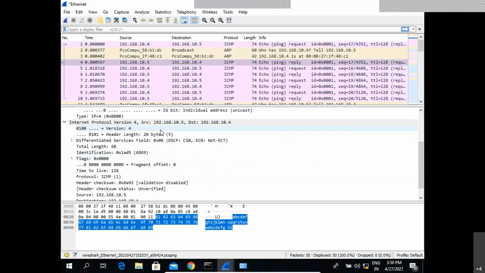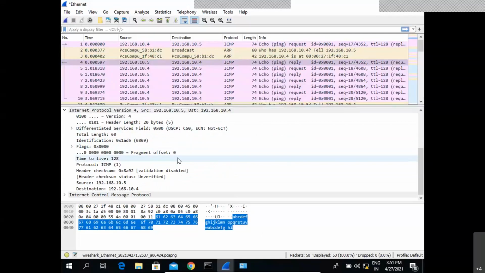Again, if I go to the different sections, the Ethernet parameters are the same. We are using the destination MAC address as well as the source MAC address. Now in the type, we can observe in the Ethernet, the type is pointing to IP. In the earlier case, it was pointing to ARP, 0806, but now it is pointing to the IP header, that is 0800.